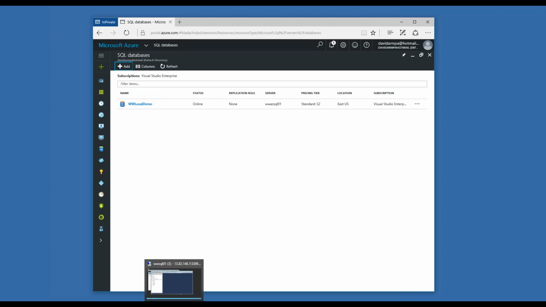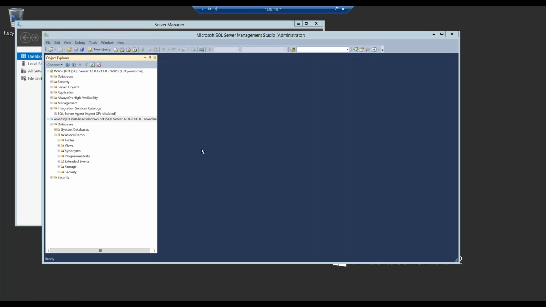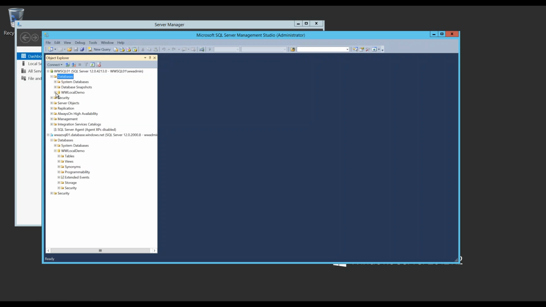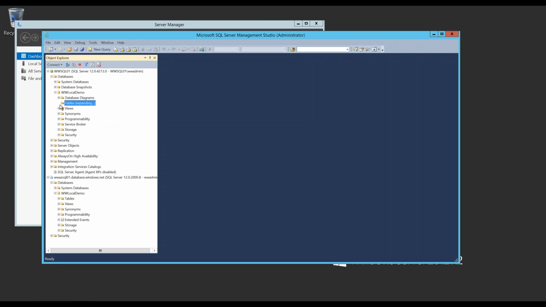So what I'm going to do is switch over, and what I have running here is my SQL Server. It's a VM with not my personal SQL Server, but my MSDN SQL Server, called www.sql01, and on it is a database just like anybody else's databases. You've got a demo database, you've got some tables here. For instance, there's an employee table, and then finally there are a couple of stored procedures here.